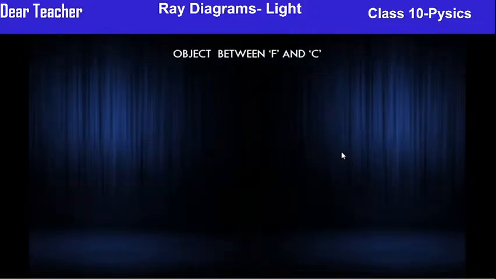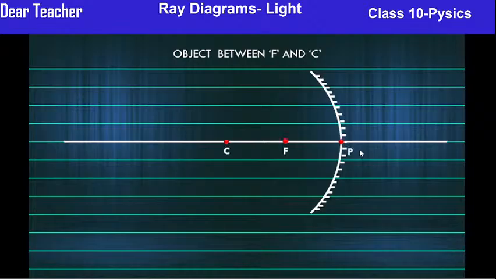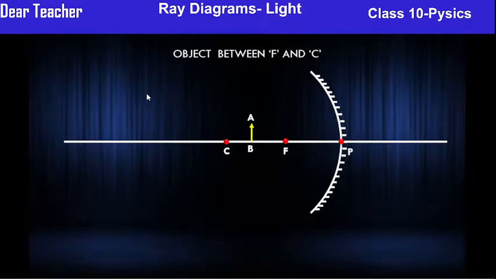So then what happens if the object is between F and C? Slowly we are bringing the object towards the mirror. So pole, focus, center of curvature and the object. इसके पहले C के beyond रहता था, बाद में we brought it to C, बाद में इसको image को और थोड़ा आगे किया है towards the mirror. इसके पहले C beyond रहता था, बाद में at C we have kept, and अभी between C and F, center of curvature and focus. I told you you have to draw a parallel line from A, and that parallel line,